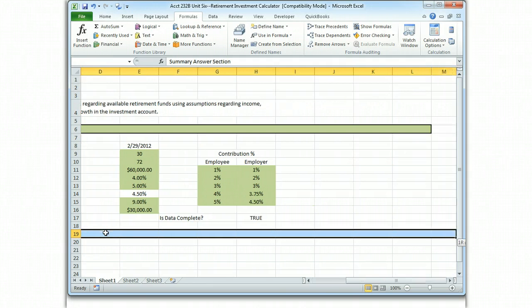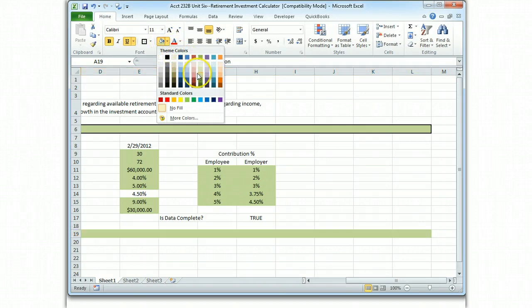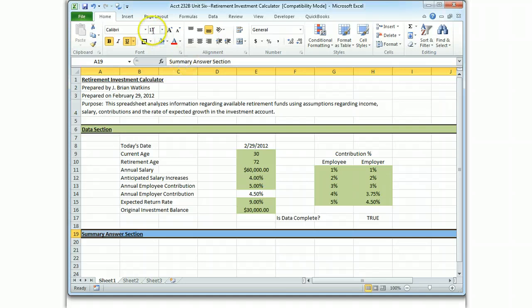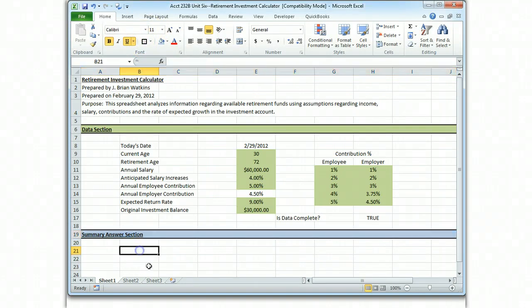Let's bring this across. Let's make it, I don't know, purple? Yeah. Make it blue. There's our summary answer section. Now, our summary answer section, what we want to start with is our beginning investment, and then we're going to